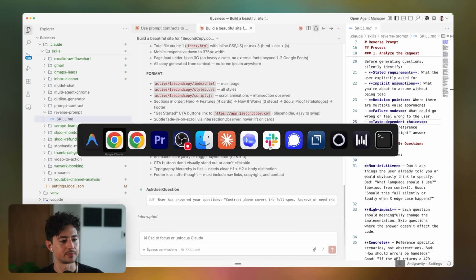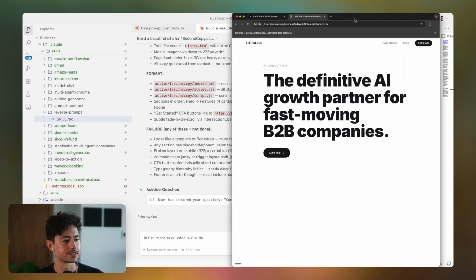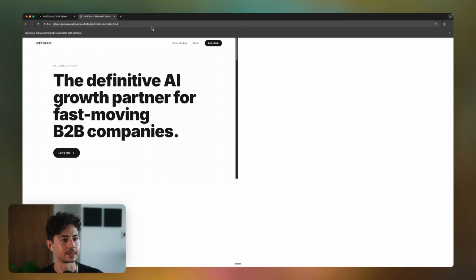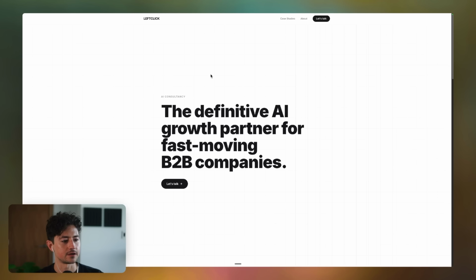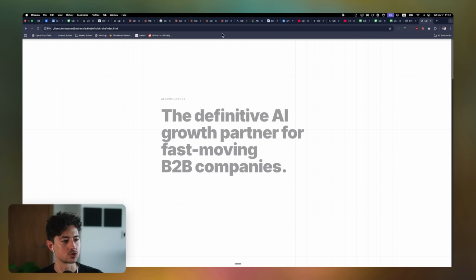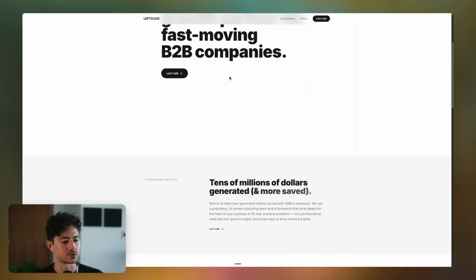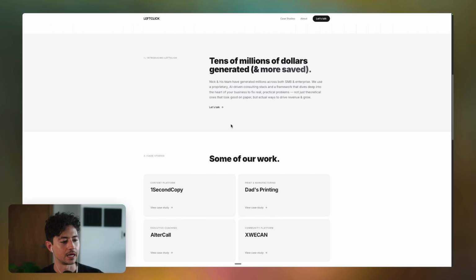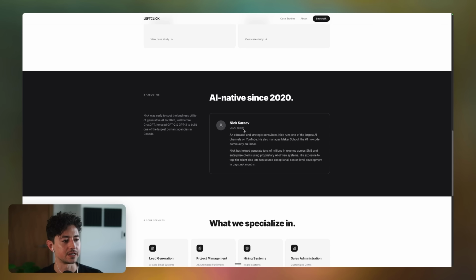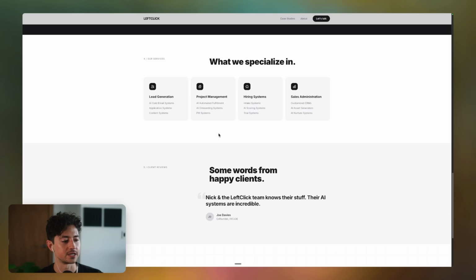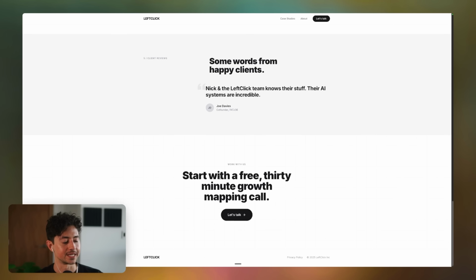Now, just to show you guys an example of how much higher quality we can get when we actually do this, this is the website that it just built for us. I'm just going to refresh this puppy, then take it to a new window because it gets cut off on that window. As you see here, we have those cool, sexy animations. As we scroll down, we also have some information. It's light theme, right? We have these really minimalistic requirements here, information about myself, some services page, words from happy clients, and then ultimately like a CTA.